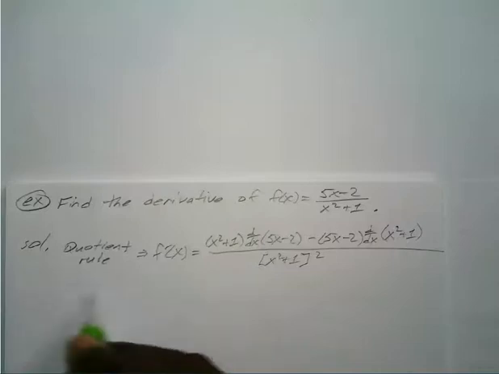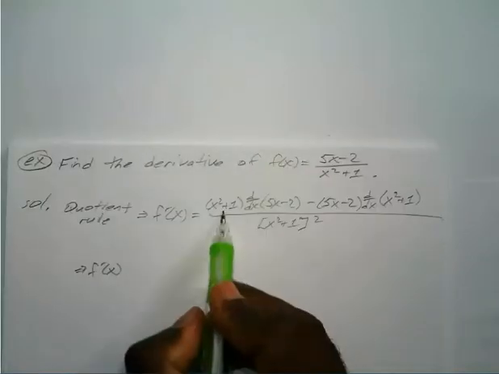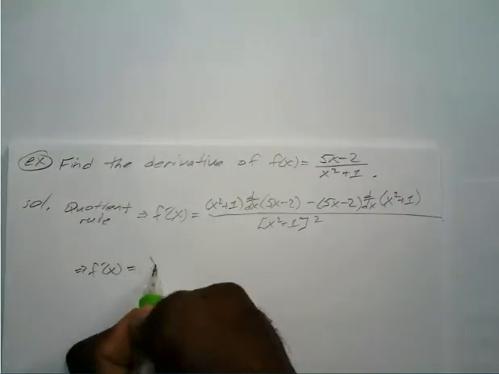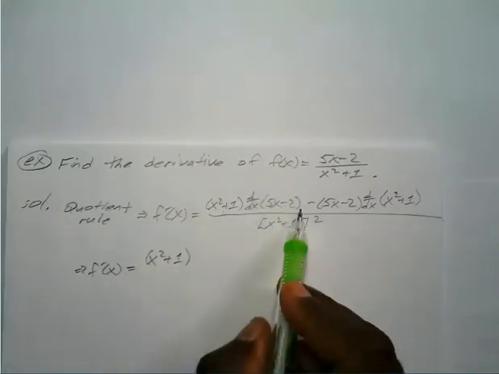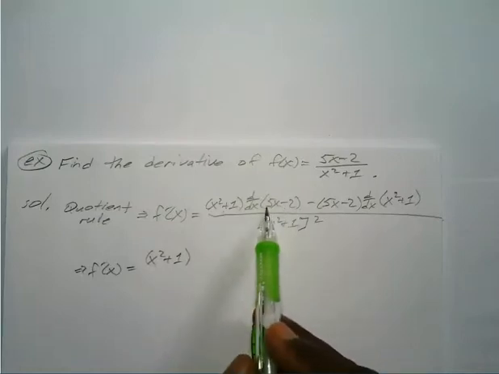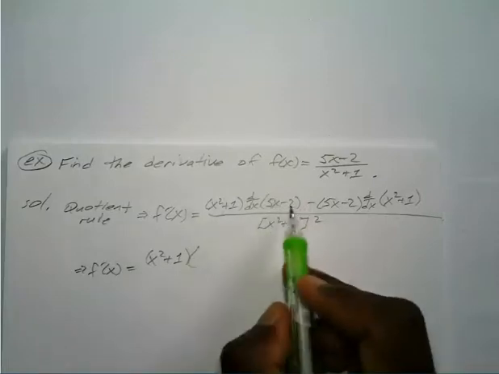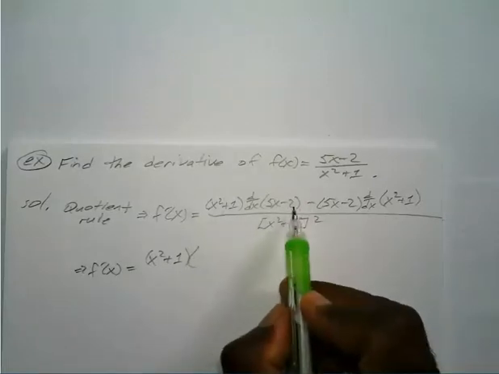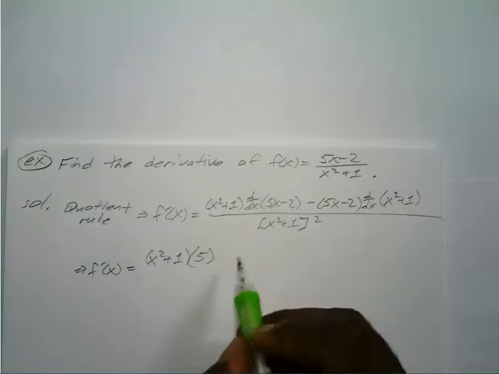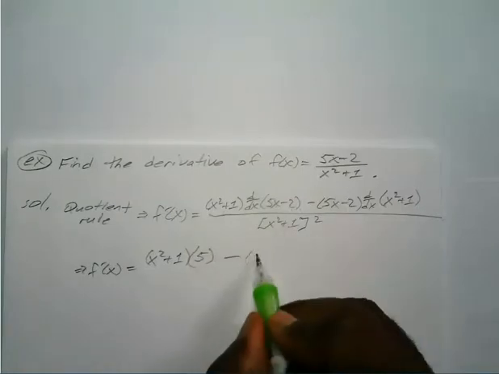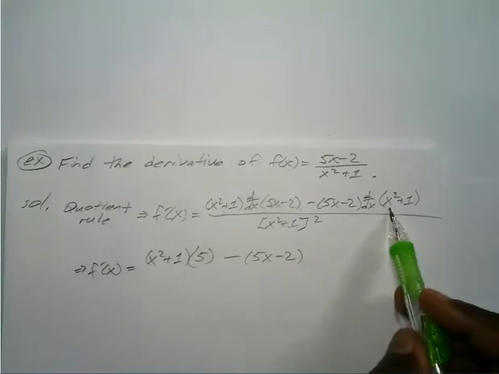Alright, so let me move that over a little bit so I won't run out of room. So you have your x squared plus 1 times the derivative of 5x minus 2. So the derivative of 5 times x, well, derivative of x is just 1, so that's 5 times 1, so that's 5. And the derivative of 2 is a constant, so that's just 0. So you have 5 minus 0, which is just 5, minus 5x minus 2